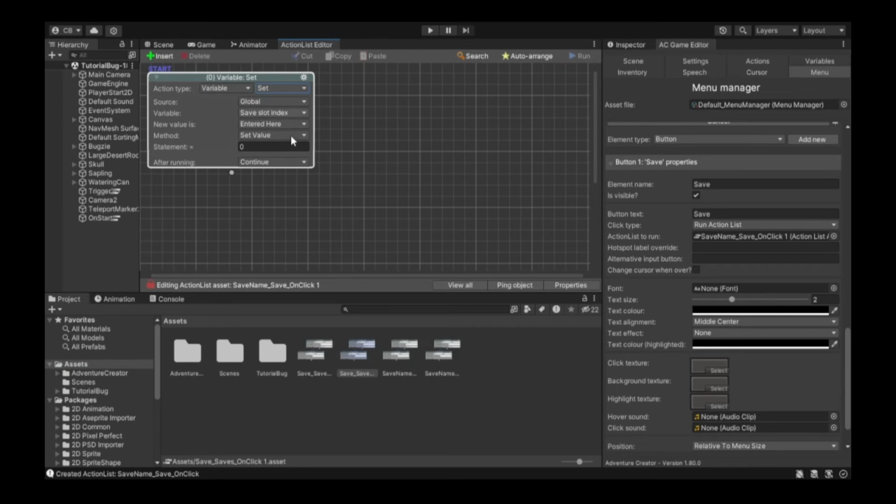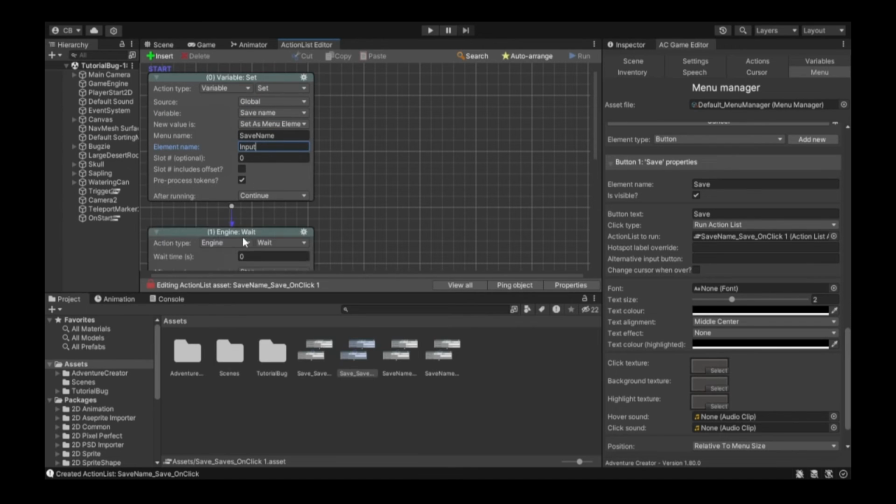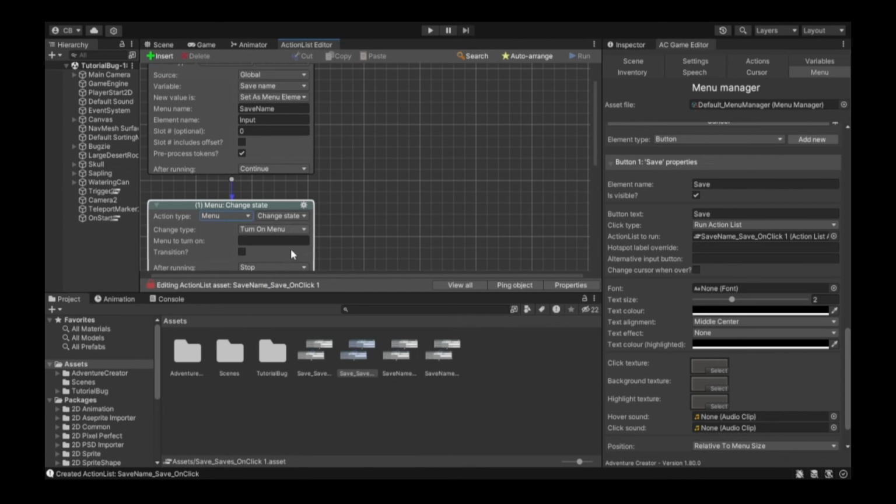Our menu name is SaveName and the element is Input. Make sure the slot is 0 and the pre-processing token is checked. This will set the variable SaveName as whatever text the player typed into the input box. Then create a new action type Menu: Change state, Turn off menu SaveName, and lastly, we need to create